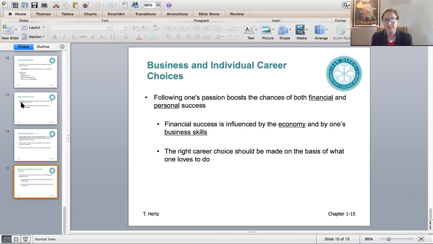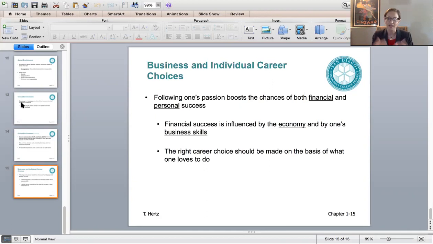Just because you're going into business does not mean that you're some cutthroat corporate executive who cares only about the bottom line. We know more and more today in business that it's the triple bottom line that matters, right? It's not just profits, but it's also the people and planet. And so if you can find a way to be successful in business and align that to your own personal goals and your own values, there's a higher probability that you'll be successful.